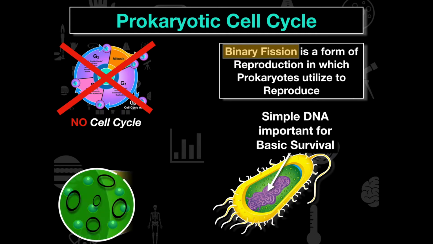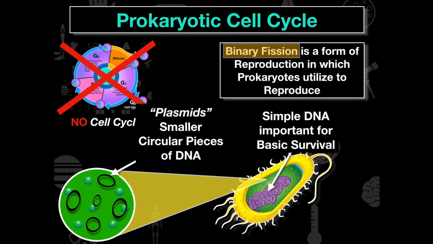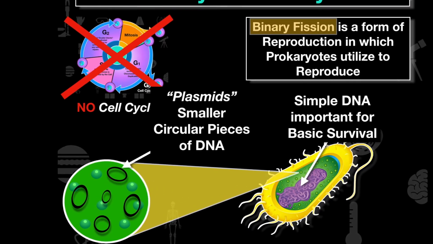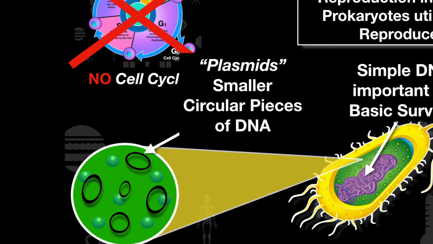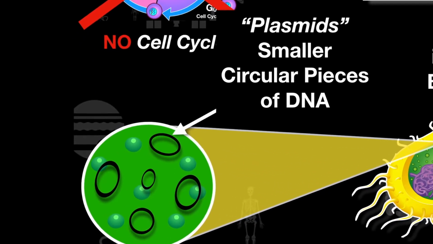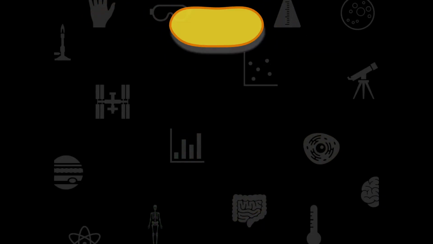Now, the other thing that these prokaryotes are going to have are what we call plasmids. And plasmids are going to be these smaller circular pieces of DNA. They're not in the center of the mass of DNA in that prokaryote. They're just kind of floating around in the cytoplasm, and they're just these small circular pieces of DNA. So as we're going through and looking at the division here, let's ignore the plasmids first and just talk about